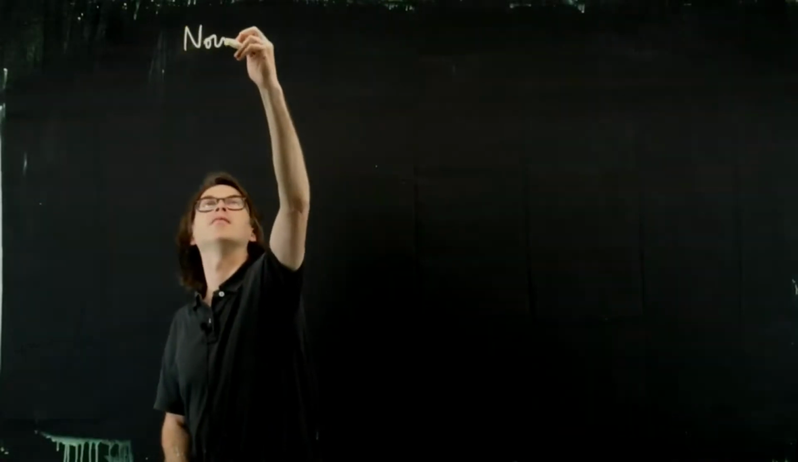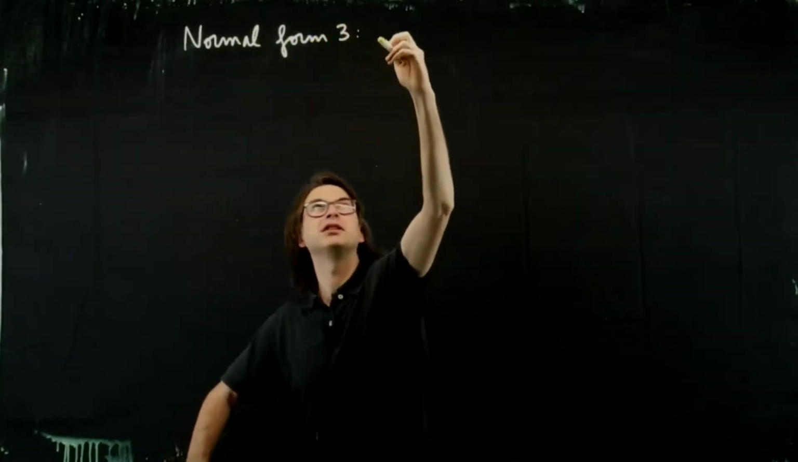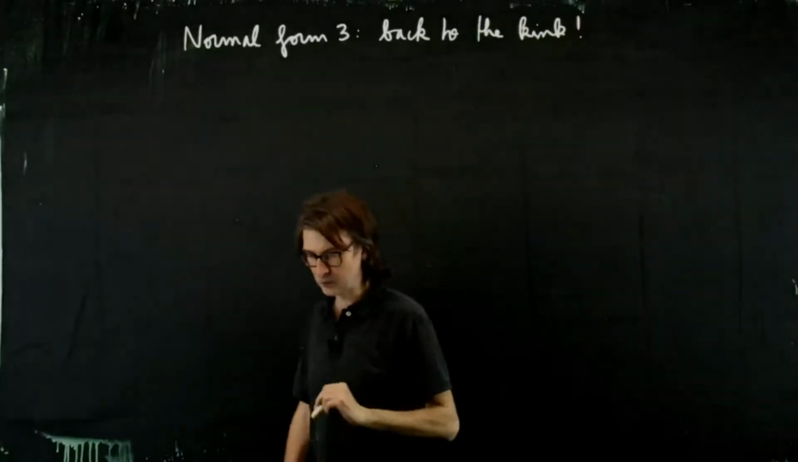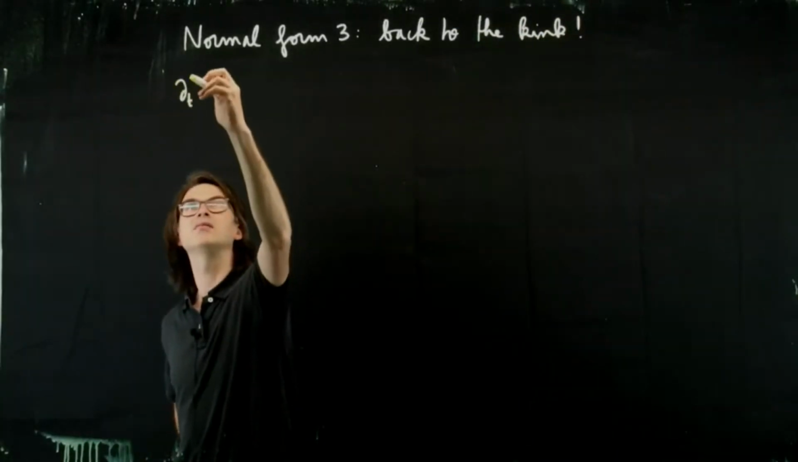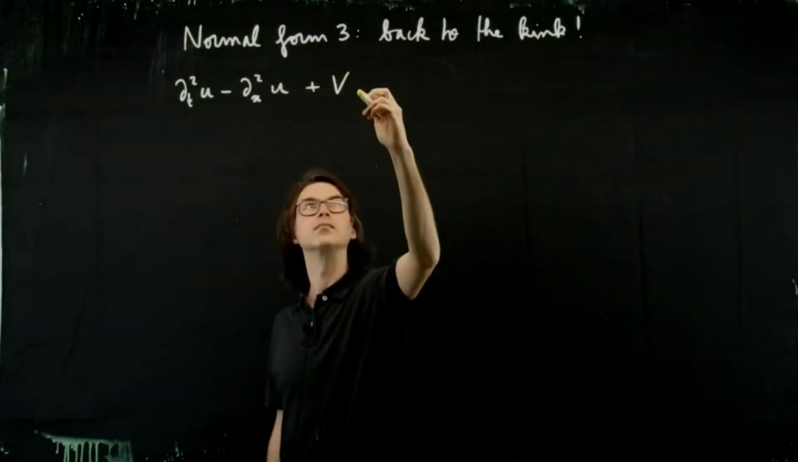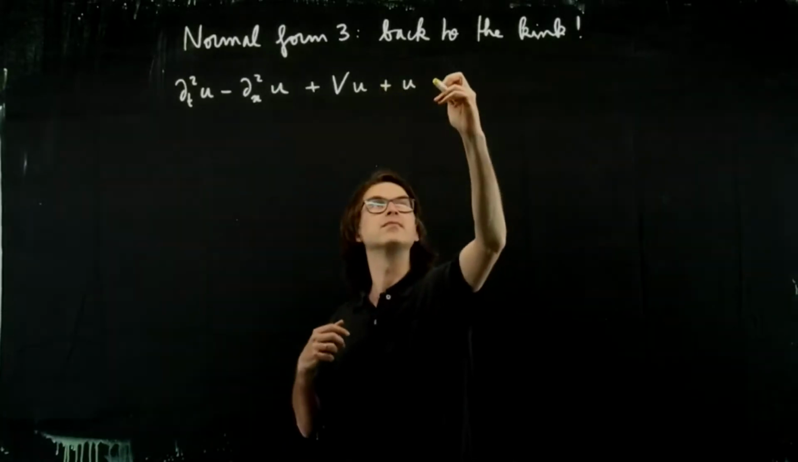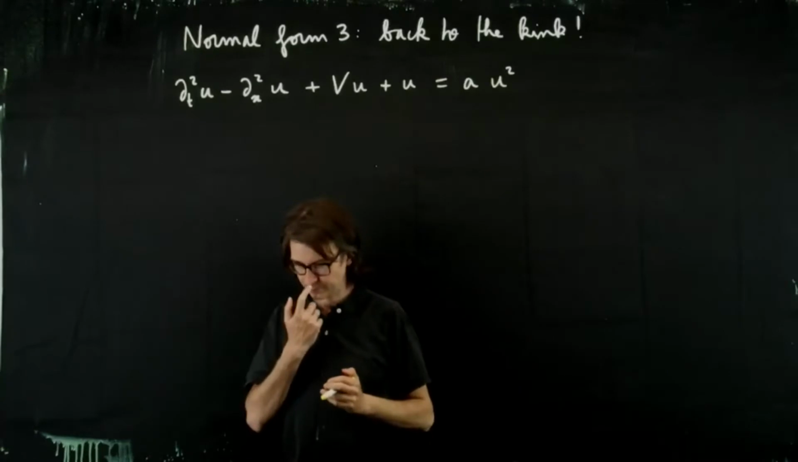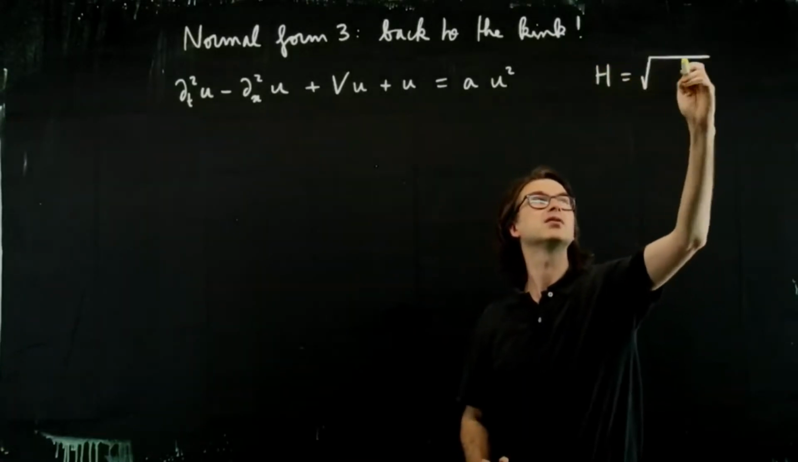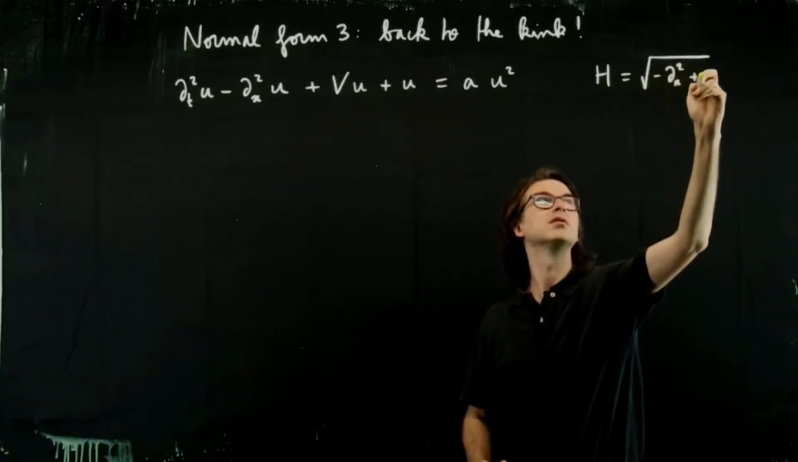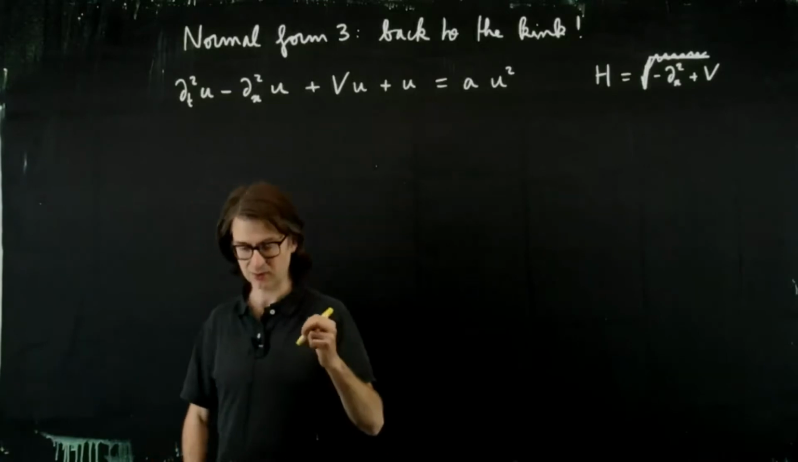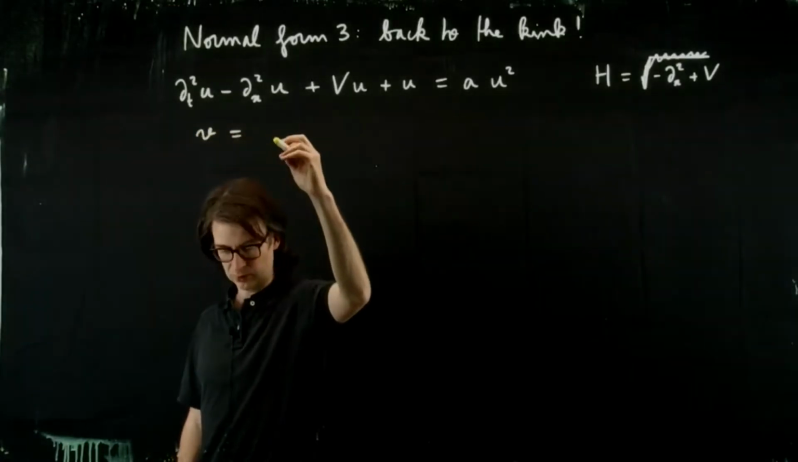Okay, so normal form 3, back to the kink. So then what you have is... And well, we're going to apply the same idea by defining h to be square root of minus dx squared. Sorry, h is r minus dx squared plus v. And then, using the same sort of functional calculus, if we said v equals dt